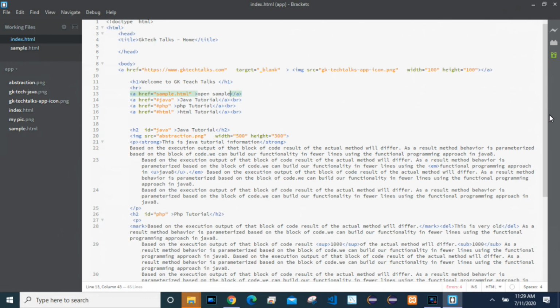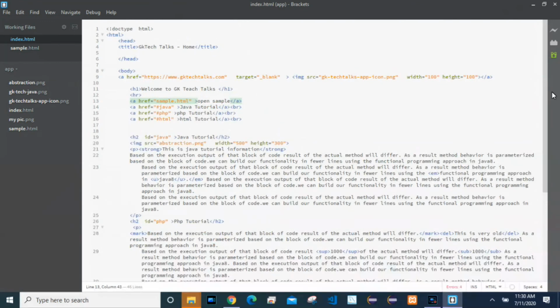Either that page will be an external file or within the website. In the same folder, you need not give the path. You simply provide that particular file name. If it is in a different folder, then you need to provide the path. This is how the anchor tag will work. If you want to move within the page, you need to provide the ID for each and every section, and you need to use hash and that particular ID as part of the anchor tag. This is how links will work in HTML5.